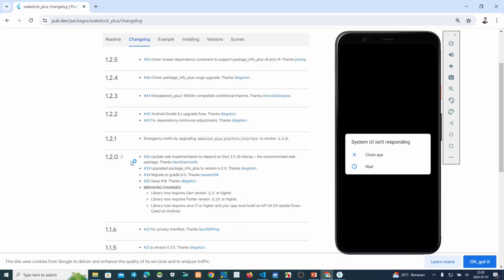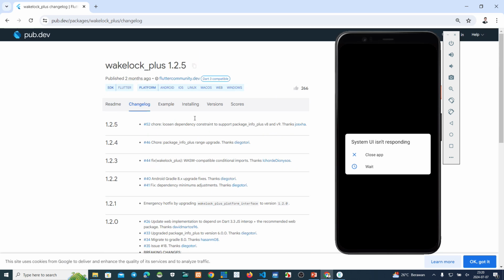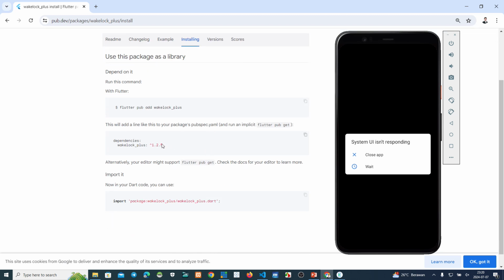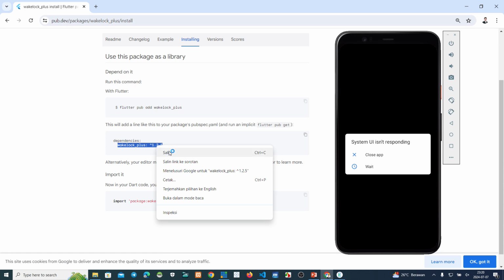Okay, now we downgrade to the bottom. We use 1.1.6, this one. So how to install it? Click here, and then this is the dependency. We can change to 1.1.8. Okay, copy this one.